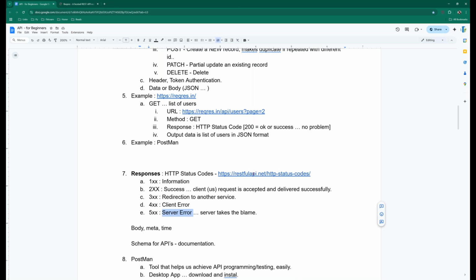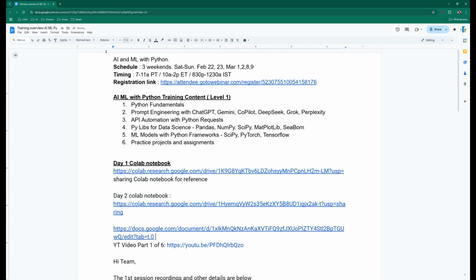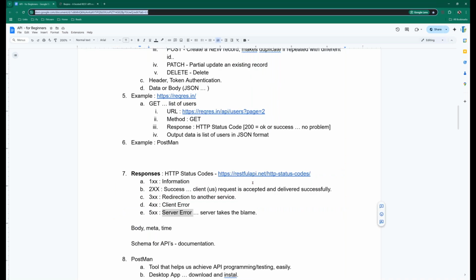RESTful API. Let's look at this link. This is a nice link too. If you doc, let me put it also into here, so you have access to it. Where am I? Didn't I? Okay,